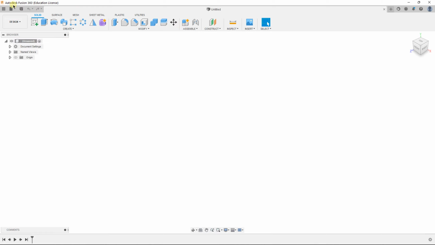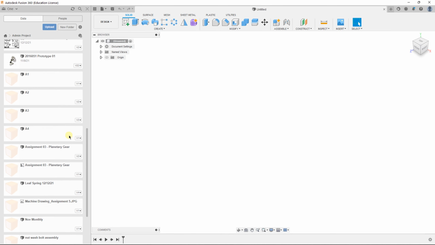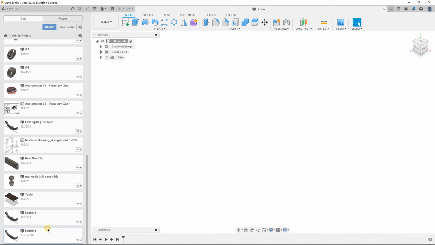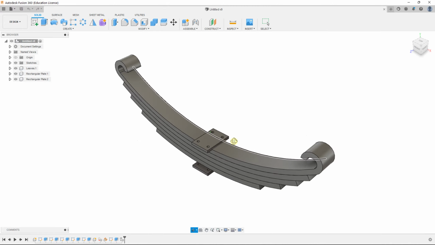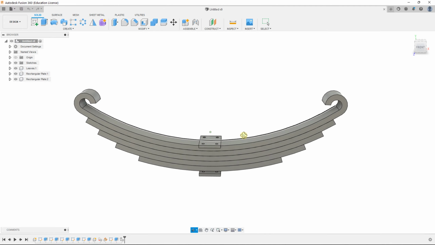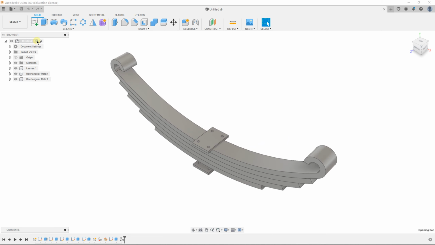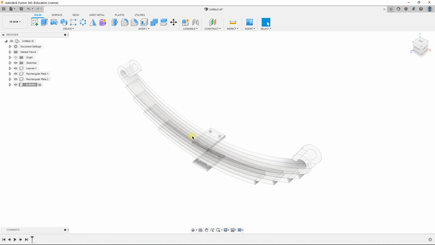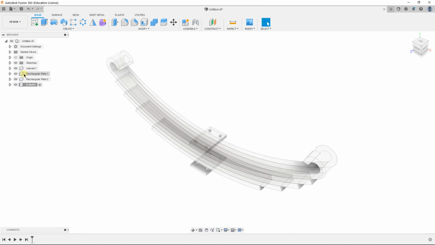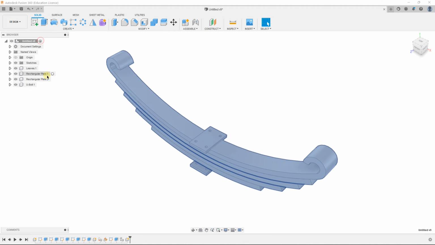So yeah, getting back to our work, let's resume it. Yeah, that's where we are, right? Okay, so the next component would be U-bolt. So make a new component and rename it. Perfect. Now, before that, make this active, and again,